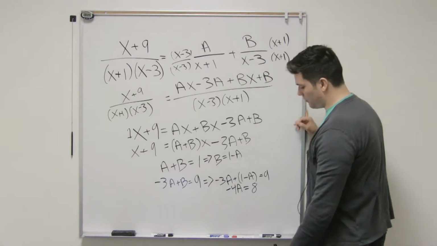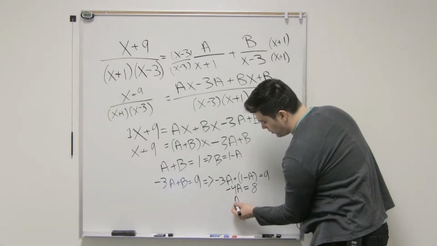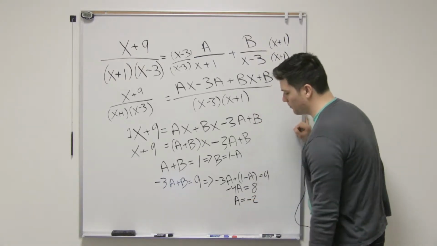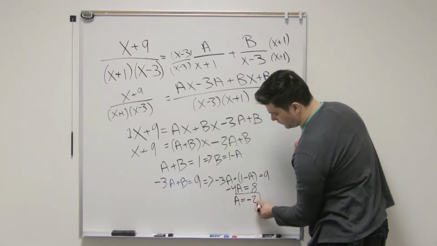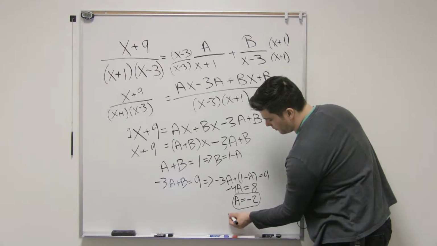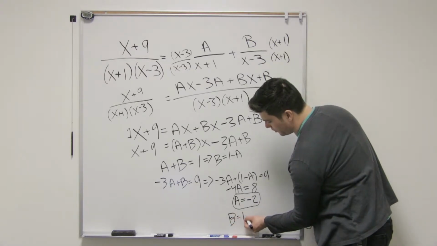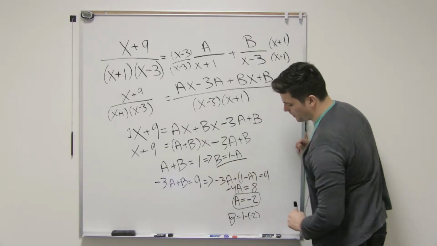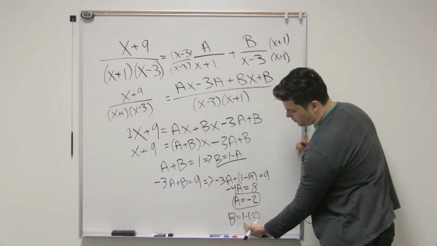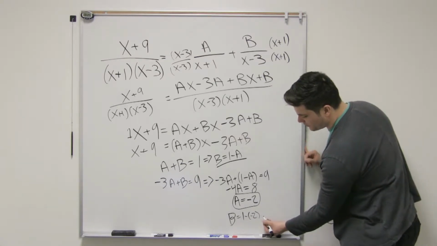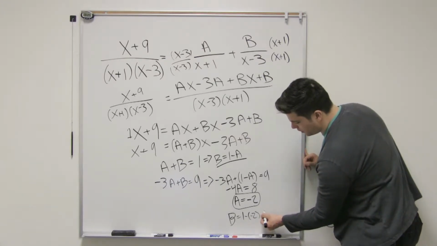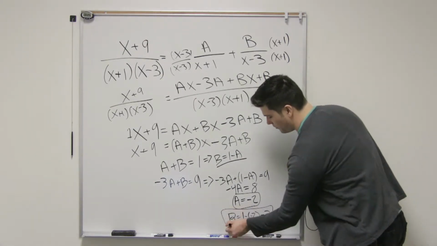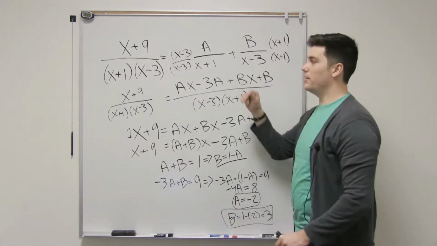And now, dividing both sides by negative 4, we have a equals negative 2. With a equaling negative 2, we can solve for b. b equals 1 minus a, so 1 minus negative 2. That comes from this equation right here. So b equals 1 minus a negative, so plus 2, equals 3. So we now have solved for a and b to make our initial